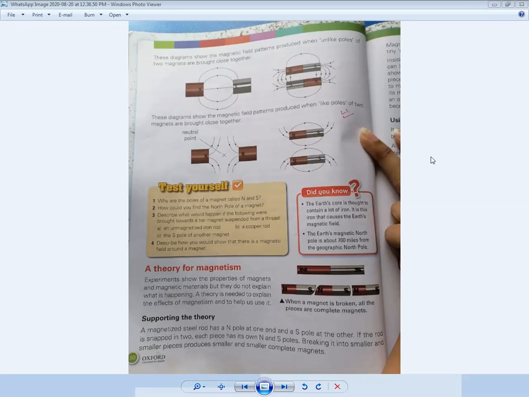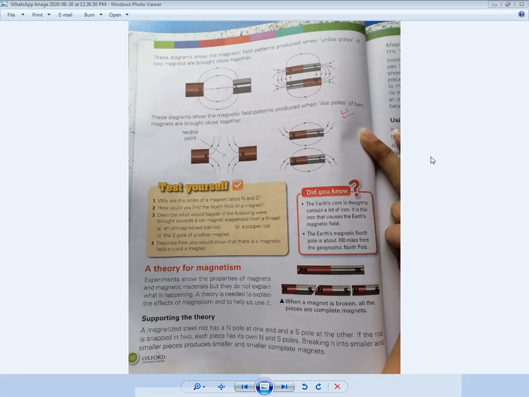Okay, our last topic was about the magnetic field. I have taught you how we can make the magnetic field. Magnetic field is very simple. When you place a compass along with iron filings on a paper, you can see they will make some patterns. These patterns are arranged according to the North Pole and South Pole. So in that way we can say this is a north seeking pole and this is a south seeking pole.